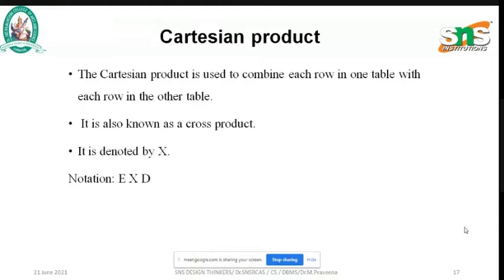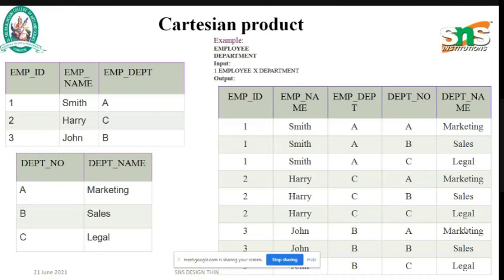It is also known as cross product, denoted by X. The notation here is E cross D. You see the example. There are 2 tables, employee and department. In employee, there is employee ID, name, and department. And in department, department number and department name are available.